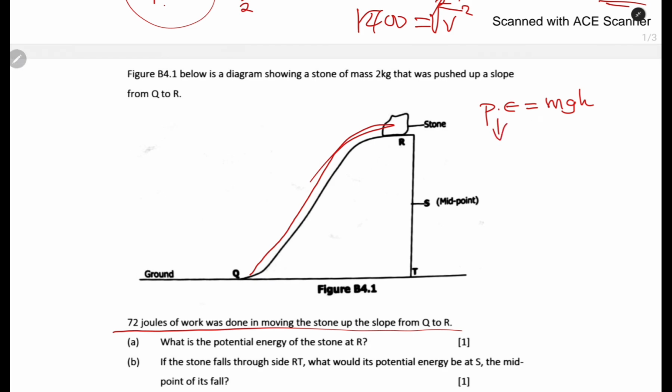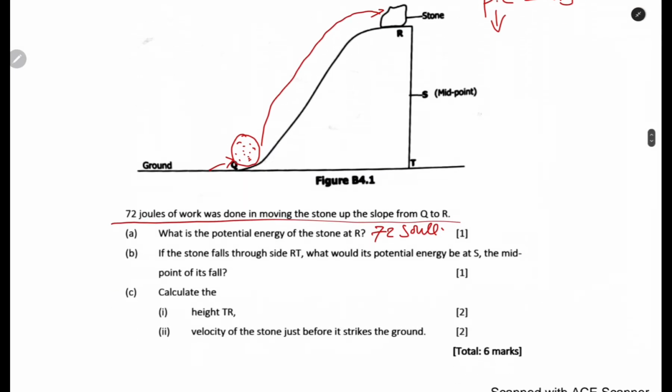Look at this. Potential energy, we said, is the stored form of energy. So the energy stored in this one is called potential energy. The work done to lift this stone up to the top there is equal to its potential energy. So at this point, where air resistance is neglected, work done is equal to potential energy. And therefore, potential energy is equal to 72 joule. Very important. Then if a stone falls through RT, which is this part,